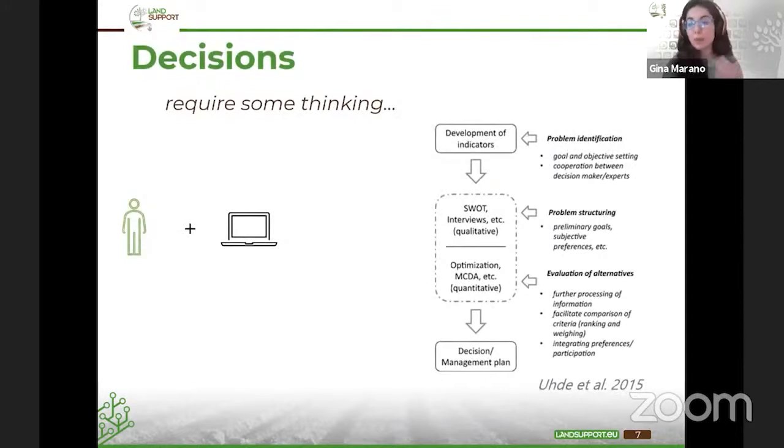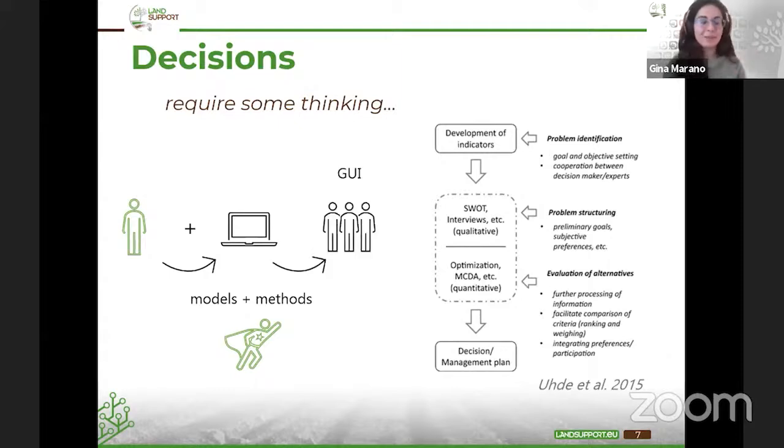So if we want to take some decisions, we need to make some thinking. And often the person that I highlighted here in green is a researcher, like those nice people that we have here today, and those that are listening to us, that are a sort of what I define the forest heroes, because they have to bring together models and methods, and they need to make these model outputs available for many people that just like to navigate through a graphical user interface and benefit from this